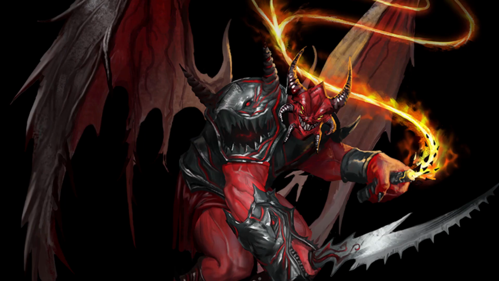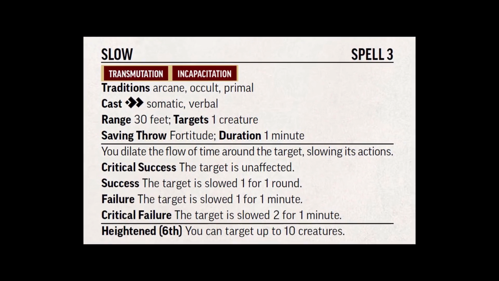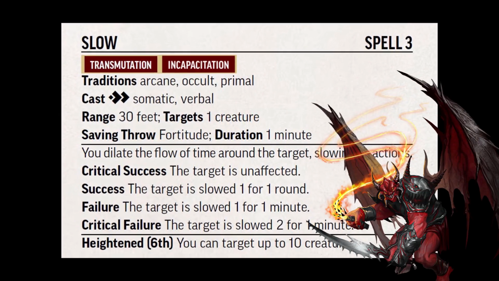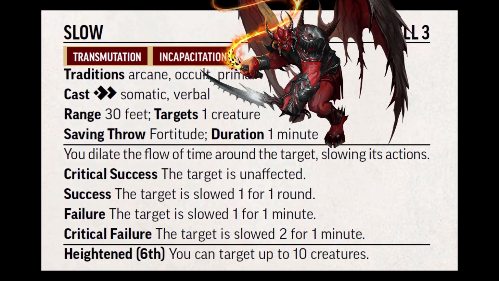To reduce the condition? No. There is no follow-up saving throw. If the target critically fails, they cannot remove the effect without some kind of magic to counteract it. Wow, that's a powerful spell, but Paizo thought of that. That's why they added the incapacitation trait to spells like